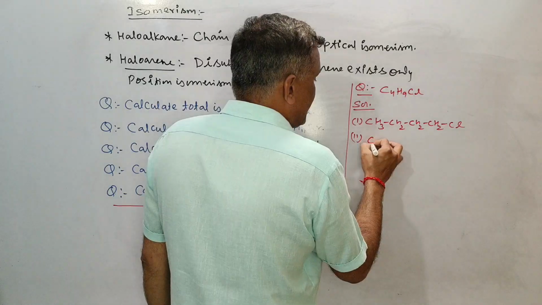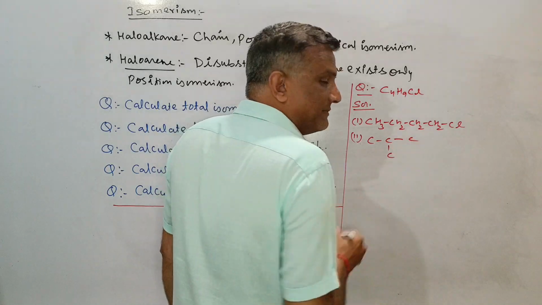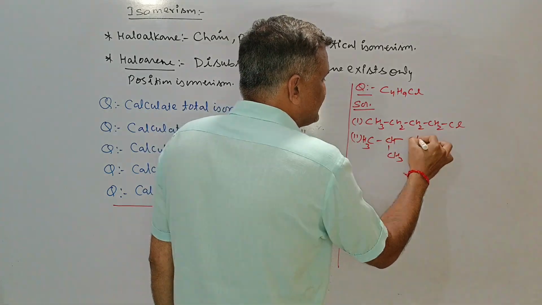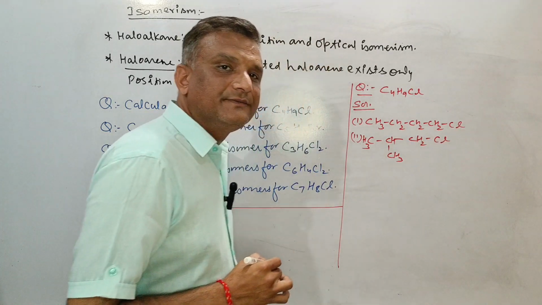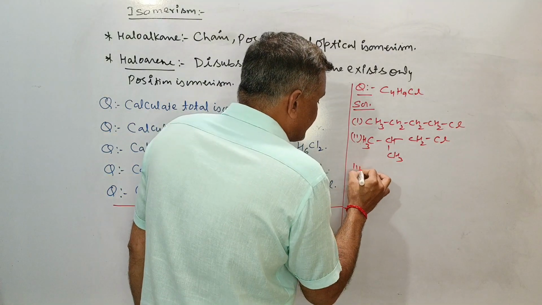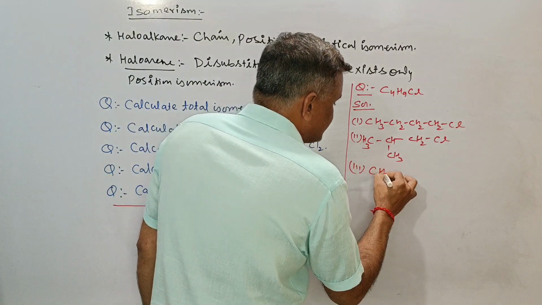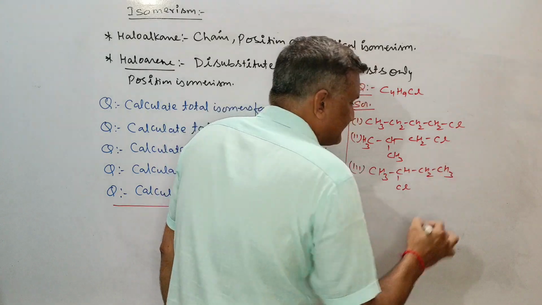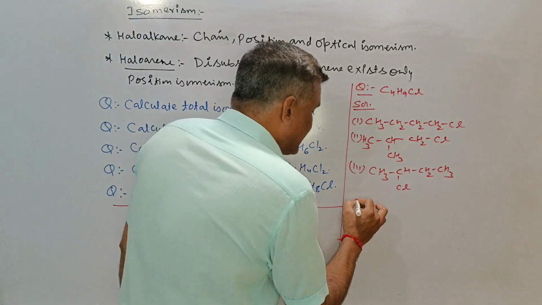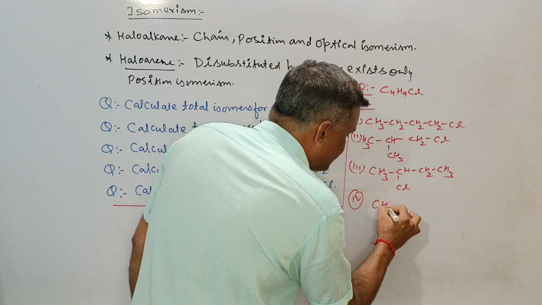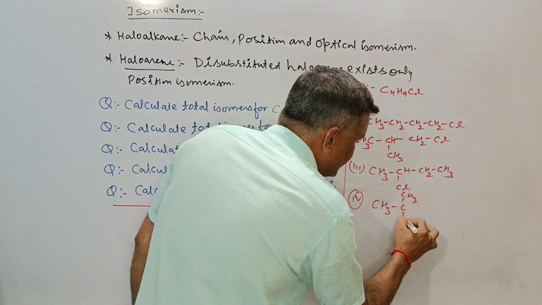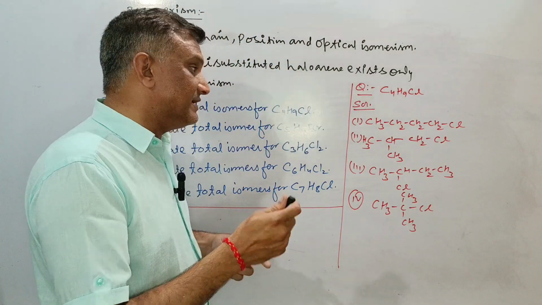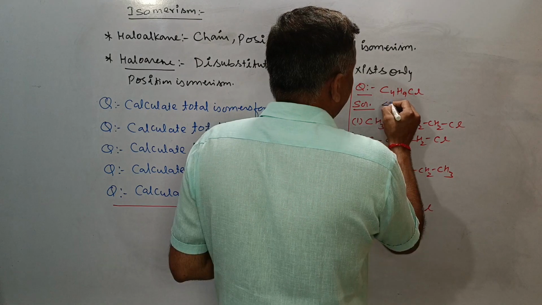Another we can take iso. Remaining carbon will be here, on balancing CH3, CH, CH2, and we can take Cl also. Third is the secondary: this is the Cl, CH2 and CH3. And the fourth isomer will be the 3 degree, like this: CH3 and CH3 and Cl. So there are 4 isomers in total,